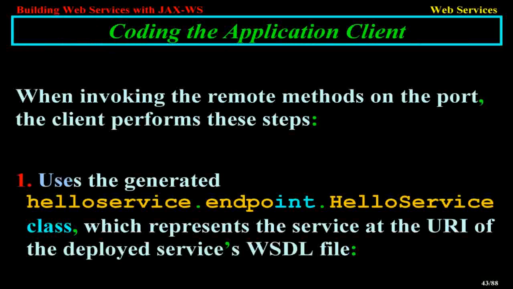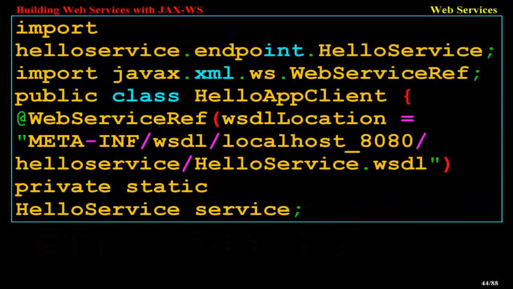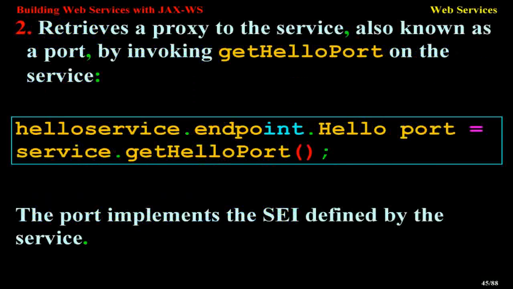It uses the generated helloservice.endpoint.HelloService class, which represents the service at the URI of the deployed service's WSDL file. import helloservice.endpoint.HelloService; import javax.xml.ws.WebServiceRef; public class HelloAppClient { @WebServiceRef(wsdlLocation = "META-INF/wsdl/localhost_8080/helloservice/HelloService.wsdl") private static HelloService service; It retrieves a proxy to the service, also known as a port, by invoking getHelloPort on the service. Hello port = service.getHelloPort();